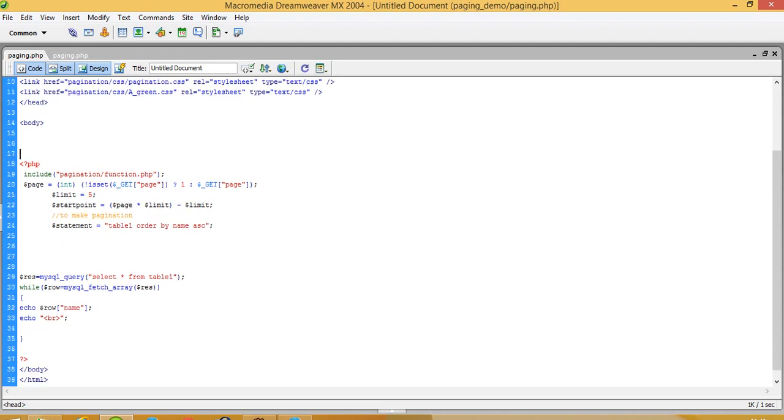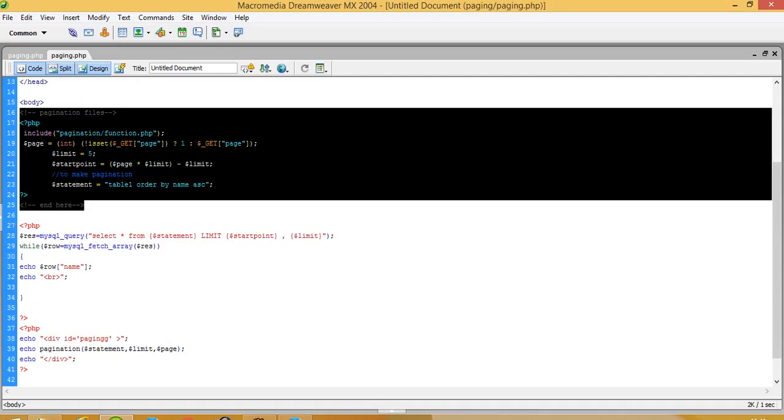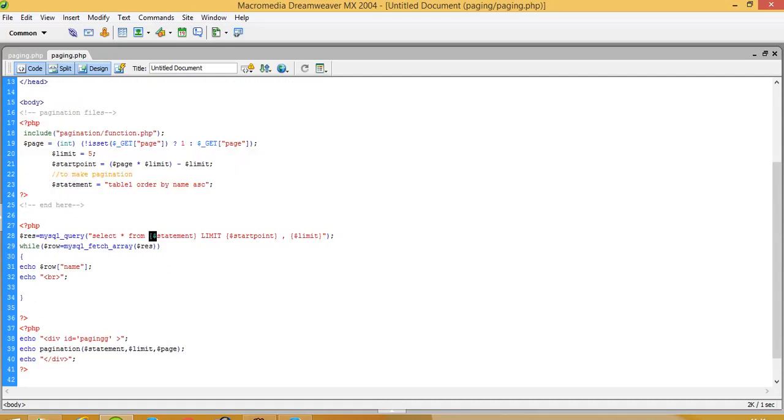Now we have to pass our query over here. Select star from table 1, but you do not need to write select star from here. You have to pass only your query: table 1 order by name ASC, ascending order. Now we have to pass